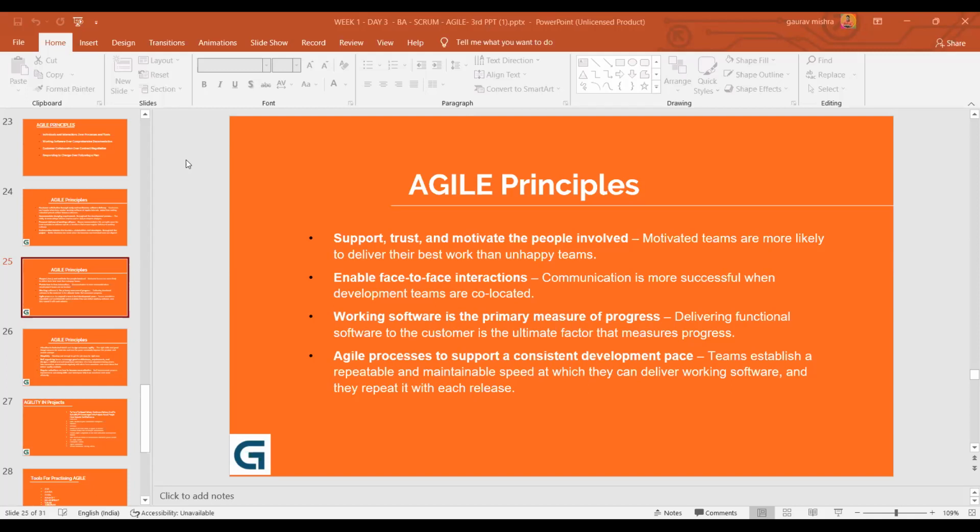Can I get an example if you don't mind? Yeah, definitely. So I just gave a very simple example where I said that in one sprint, if I've worked on 5 requirements, then the next